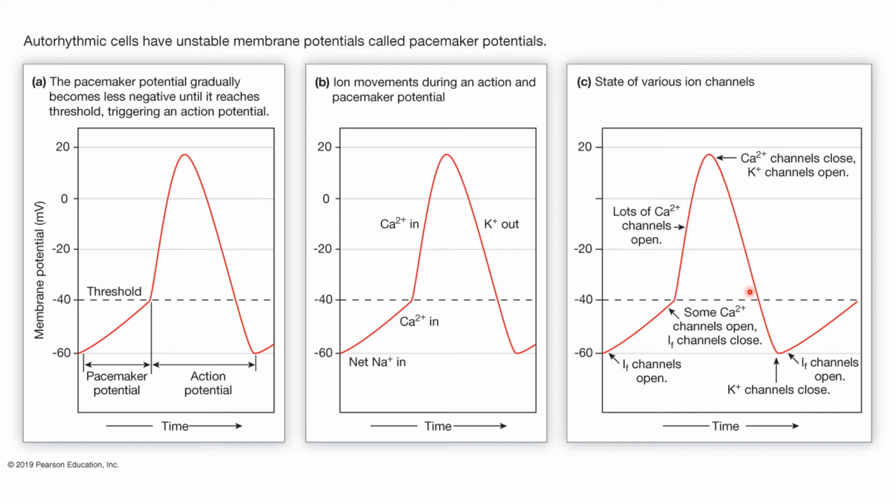Now, till now, your heart has not contracted yet, right? Because as we said, the electrical message precedes the mechanical one, and those autorhythmic cells cannot initiate contraction yet. They will send those action potentials down to the contractile cells, and it's going to be sent via the gap junctions. The contractile cells are going to initiate another action potential, and then your heart will go ahead and start